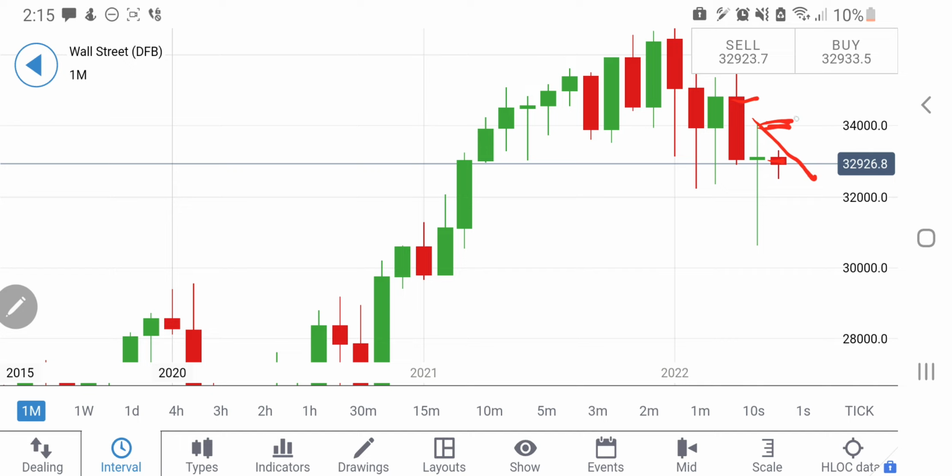It makes till 34,000, 400, 500 zone before it looks forward to a drop there. So any rise beyond this zone at 33,300, 400, definitely one can remain long next week and one can expect